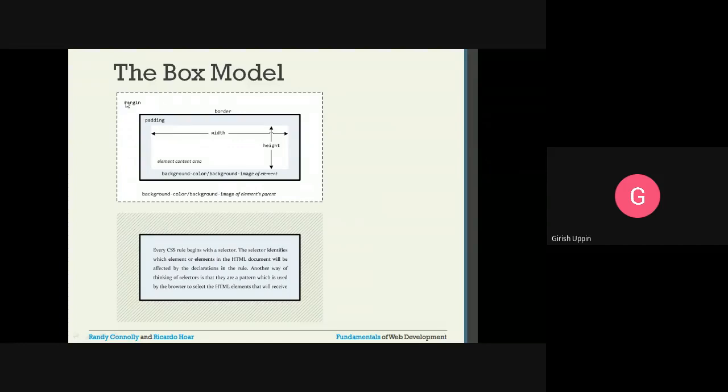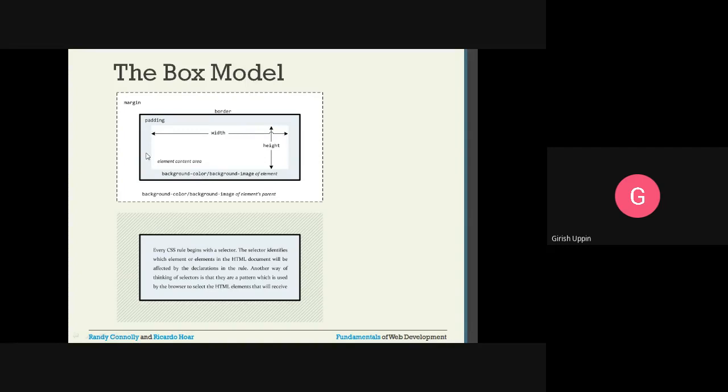And whatever this space is, this is the background color, or you can have the background image of the parent element. This is the border of the HTML element that we are talking about, and this will have a padding. So if you see here, there is a light gray shade from here to here, also on the top and also on the right and also on the bottom. That is called padding.